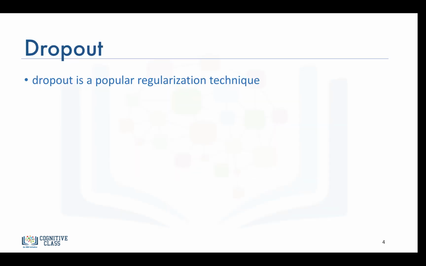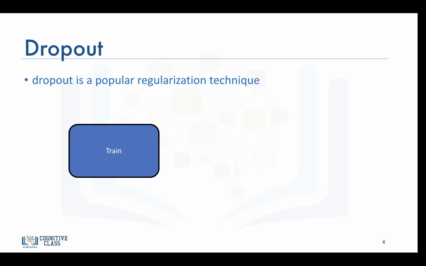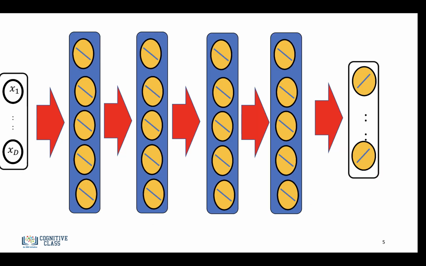And we're going to talk about dropout, a popular regularization technique for neural networks. There's other regularization techniques, and we're not going to cover them in this course, but if you understand this section, this should be no problem for you to pick up on your own. So there's two phases to dropout. There's a training phase and the evaluation phase. So let's go over the training phase.